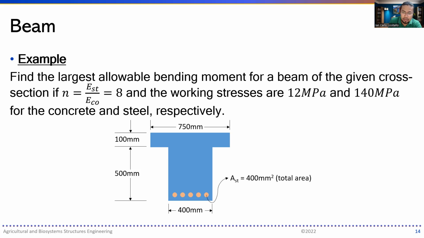Again the cross section is already given, and n equals Es over Ec, the modulus of elasticity of steel over concrete, which is 8. The working stresses are 12 megapascals and 140 megapascals respectively for concrete and steel. Let's move over to the